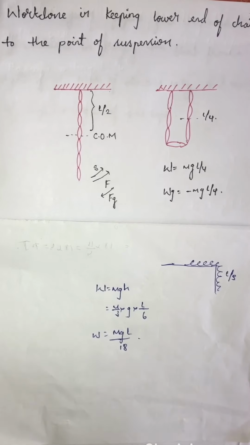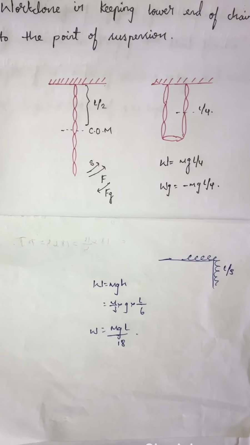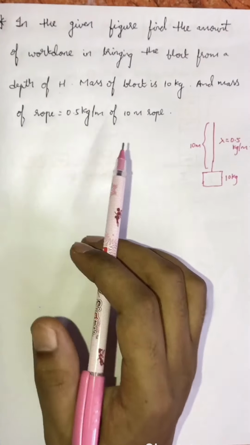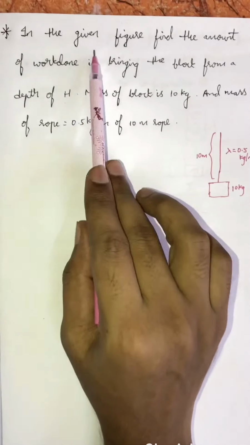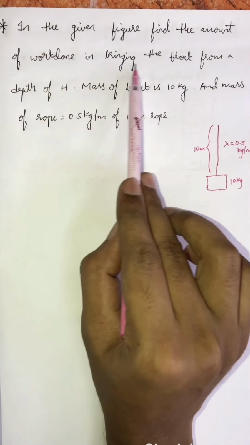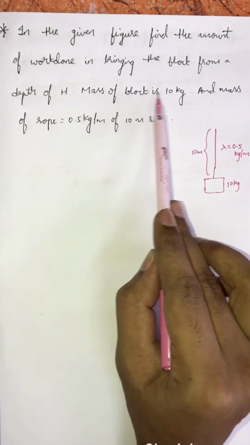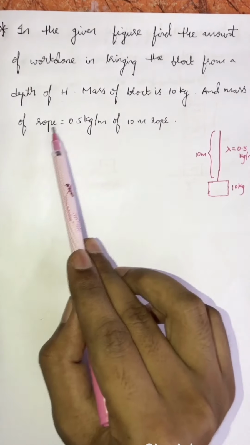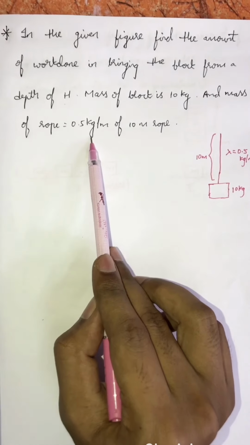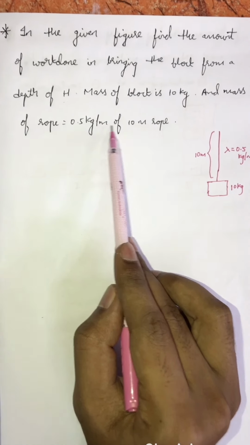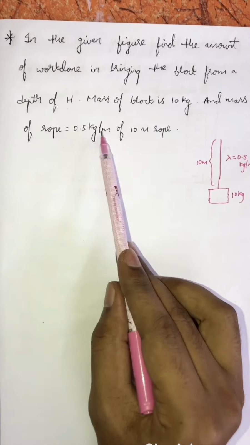So here now let's see an easy problem. In the given figure, find the amount of work done in bringing the block from a depth of h. The mass is given as 10 kg and the mass of the rope is 0.5 kg per meter. Here he did not give the mass of the rope directly. He said 0.5 kg per meter of a 10 meter rope. Okay. Here the work done will be equal to